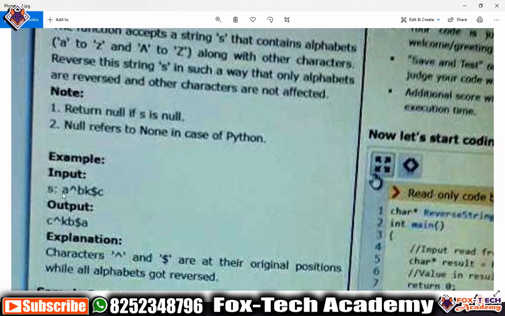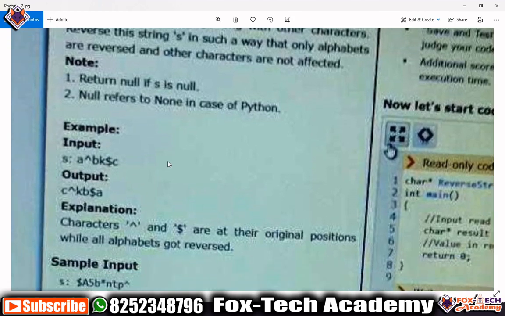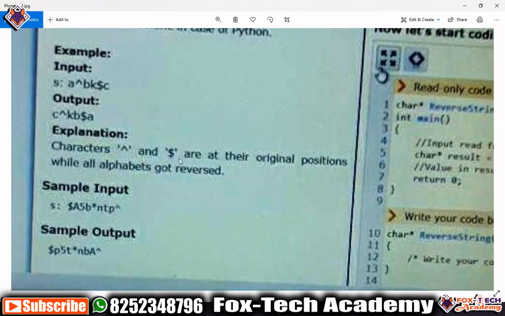also in the second last position, so it is not going to change. If you see, the first element of this string is an alphabet, so it is going to be changed with the last element. You can see that a is coming in the last position and c is coming in the first position, so we have to replace the string in reverse order in such a way. So let's solve this problem.